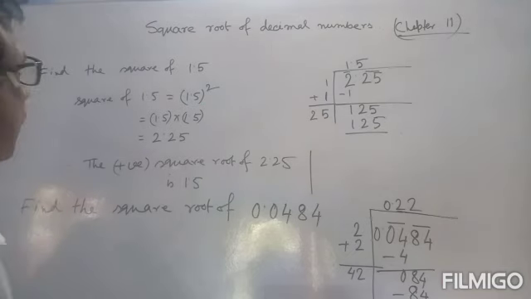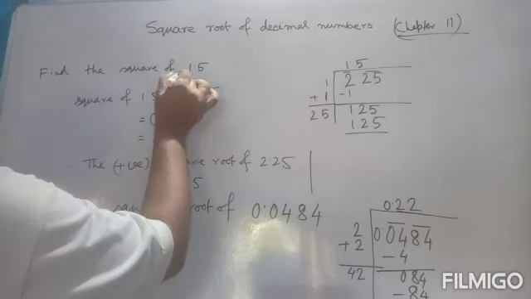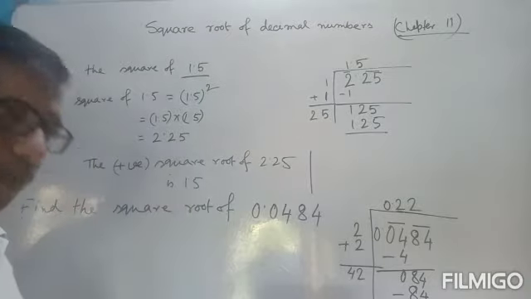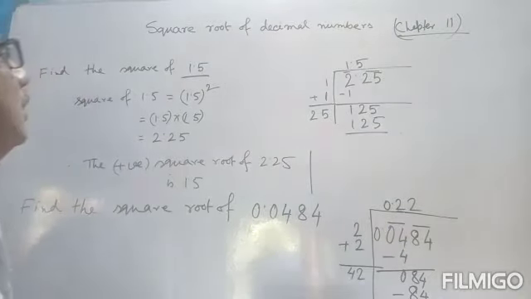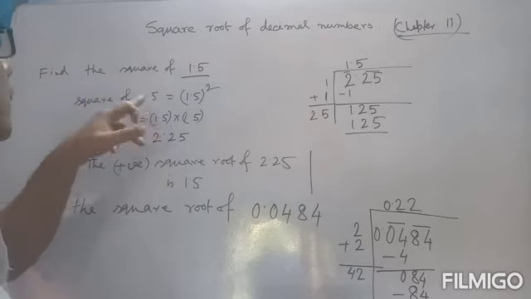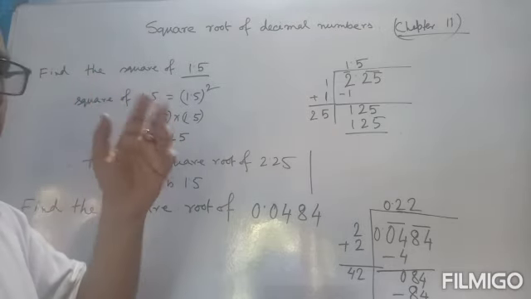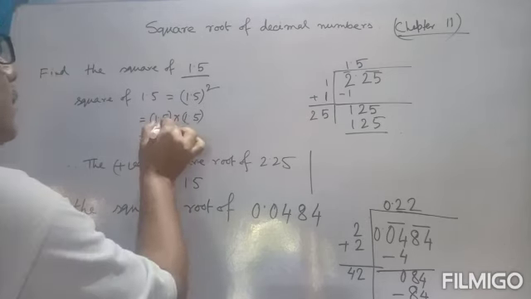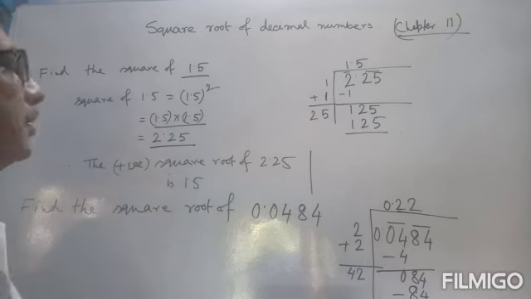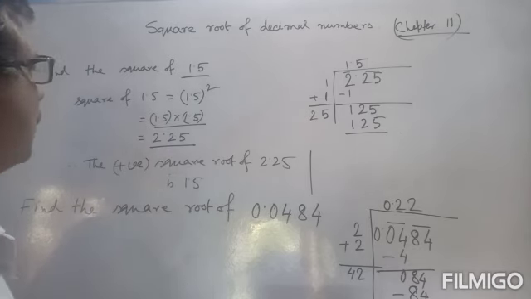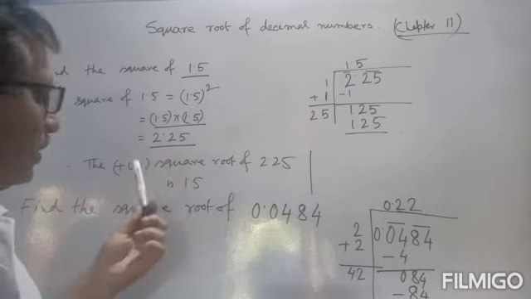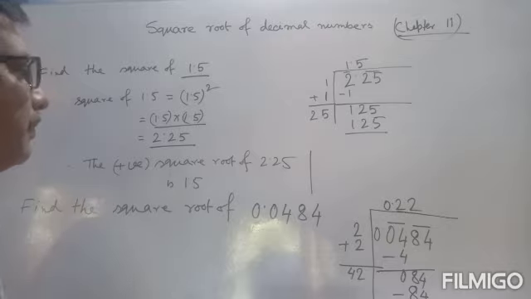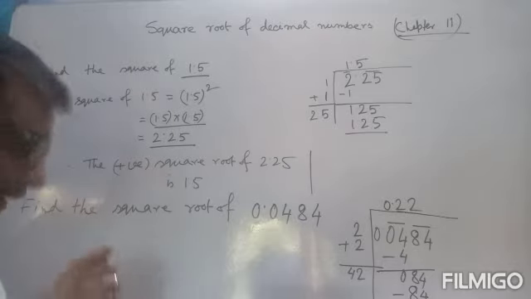First find the square of 1.5. You have already learned the square. The (a plus b) whole square formula is also known to you now. So, the square of any number means this number multiplied by itself. So, 1.5 square means 1.5 into 1.5. Then we get 2.25. So, if we take the positive square root of 2.25, it must be 1.5, in reverse way.